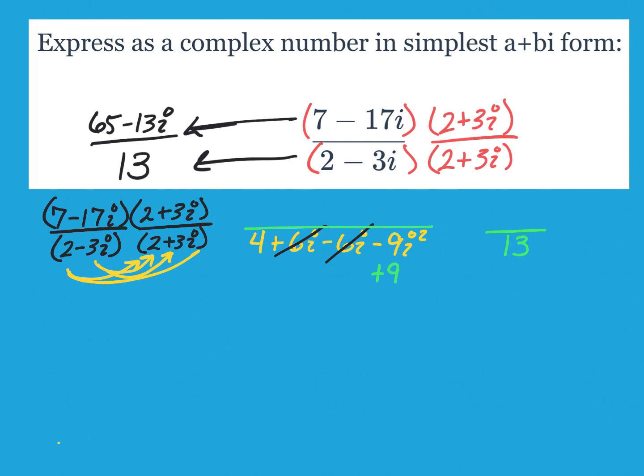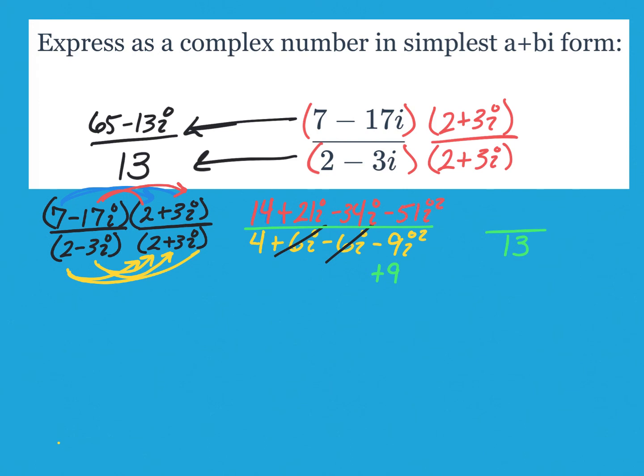Now we move to the top. We're going to FOIL this out as well. Distribution of 7 times 2 is 14. 7 times 3i is 21i. This is a poor choice of colors. Let's change that real quick. 21i. And again, remember, i's in the numerator are not a problem. 17 times 2 is going to be 34. And that's negative 34i. And then lastly, we go negative 7 times 3, which is negative 51i